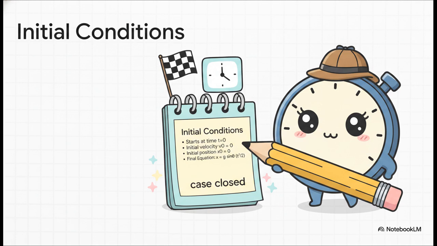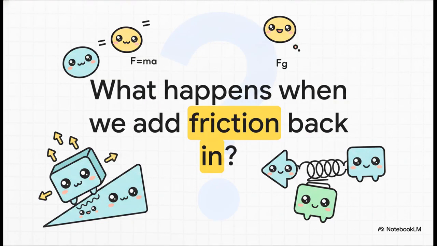Case closed. So we've successfully modeled a perfect frictionless world, but it begs a really fascinating question to leave you with. What happens to all our elegant, perfectly balanced equations when we add the messy, real-world force of friction back in? How does that alter a free body diagram? And more importantly, will the mass of the block still cancel out? I want you to chew on that as you